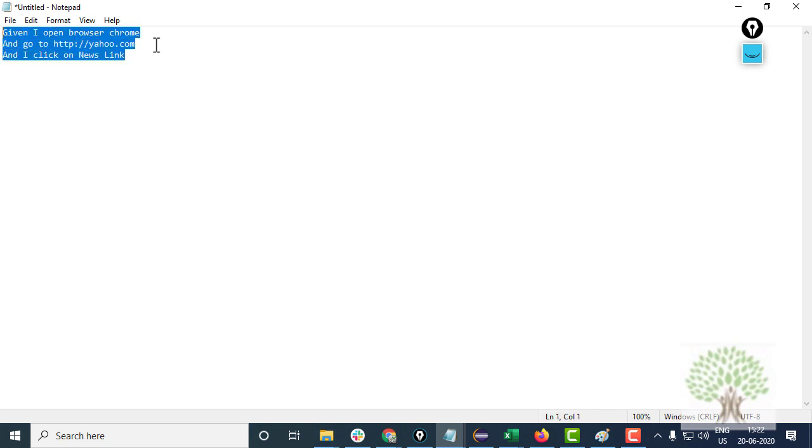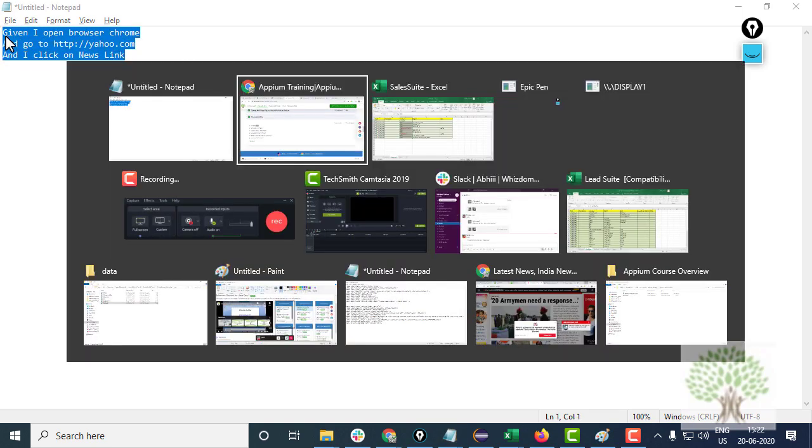Okay, you just have to write plain English in BDD. It's known as the Gherkin language, right? You just write plain English, and the code reads these plain lines and acts accordingly. Okay, but there are lots of technicalities involved. It is not as simple.